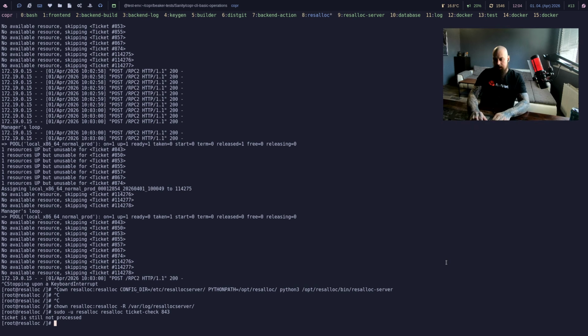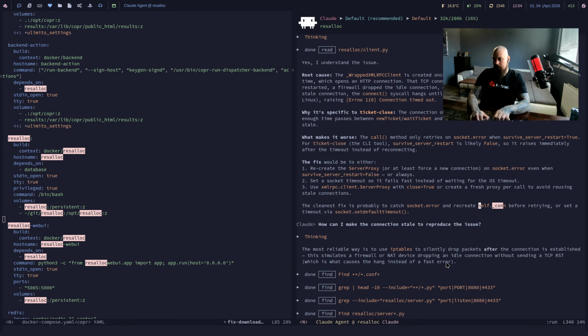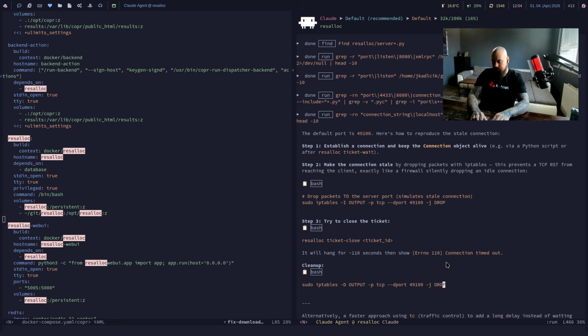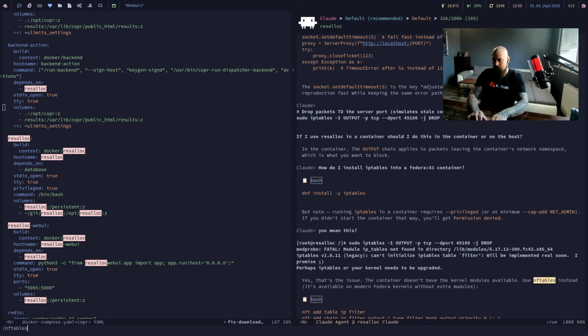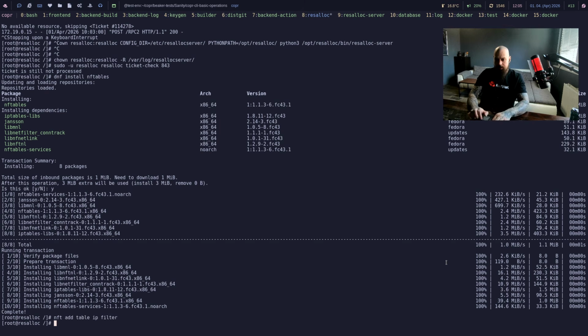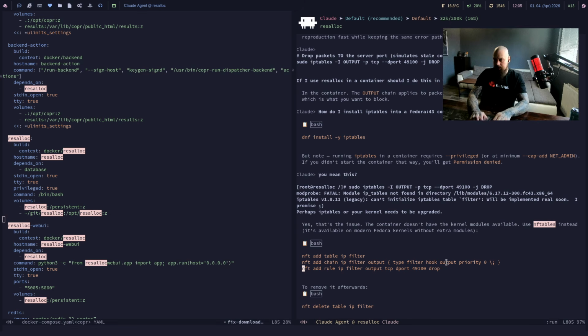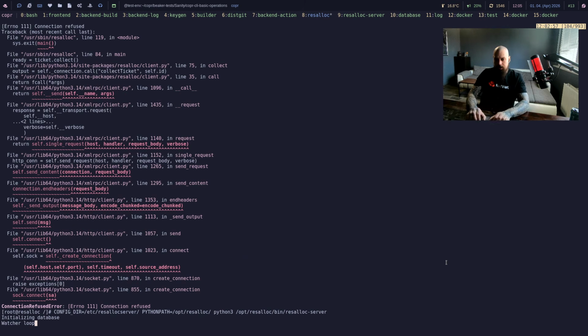That's really good. Now we can do our reproducer with the DNF install nftables, right? DNF install nftables again. And we can run the command in the nftables to block it, and then it will start being interesting. So we will do this, we'll do this and this, and now let's take a look into